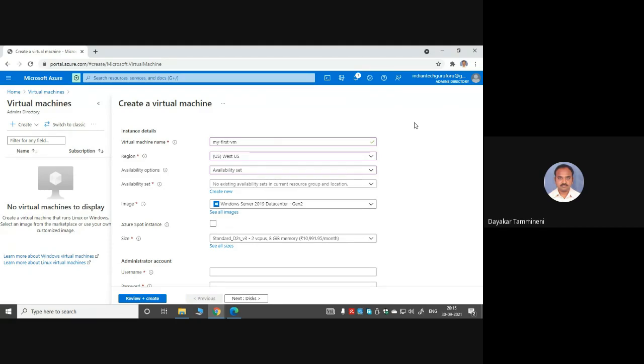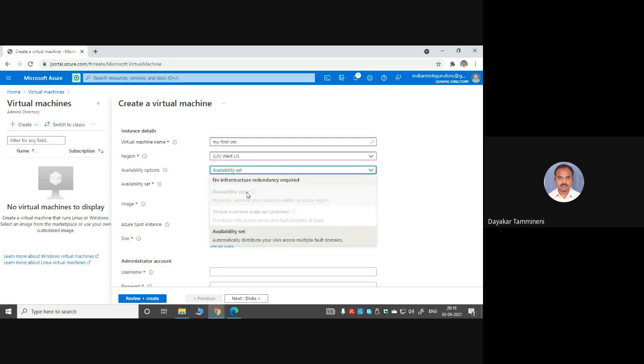That is why the first preference must be given to availability zones. In case there are no availability zones, then there is no other way. We have to go for availability sets. For example, in case of West US, there is no option of availability zones. Then you have to go for availability set.